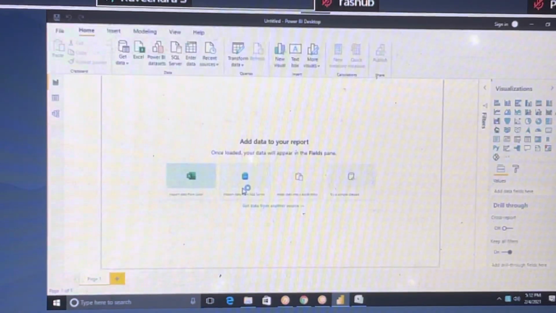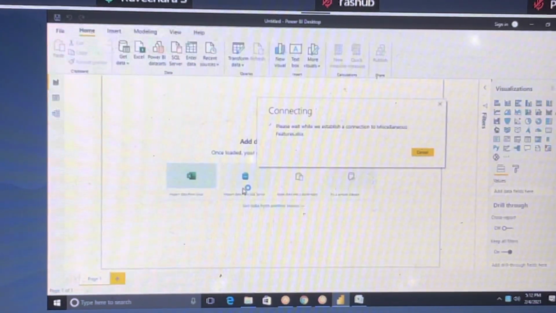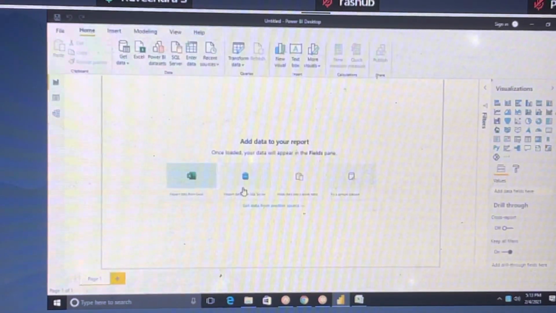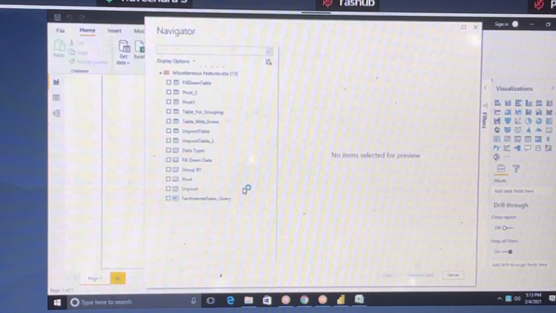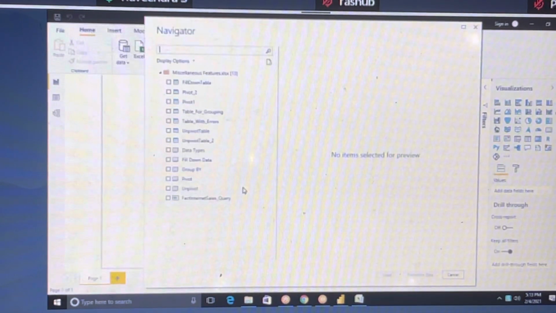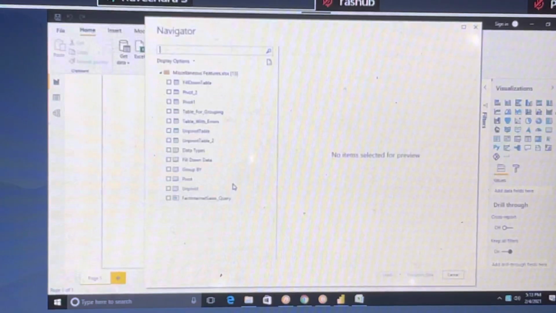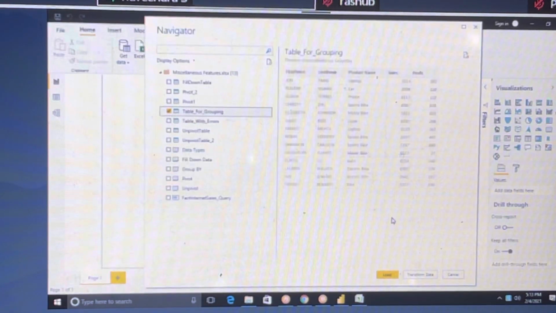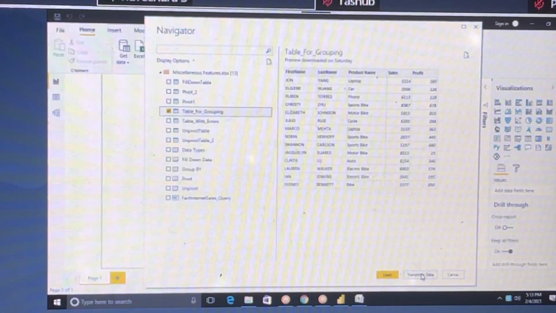We can open it. Here we have table grouping. Now click on transform data.